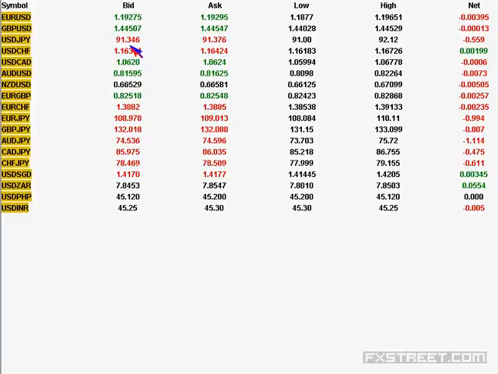And USDN is currently trading around 91.35, 91.37. The low is 91.00. The high is 92.12. So they made an upward move from the Friday close, and then a downward move, and they are holding closer to the low. The net change is 56 pips negative. So you find Euro, GBP as well as USDN showing negative net change. As a result, you find Euro Yen and GBP Yen are also showing negative net change.